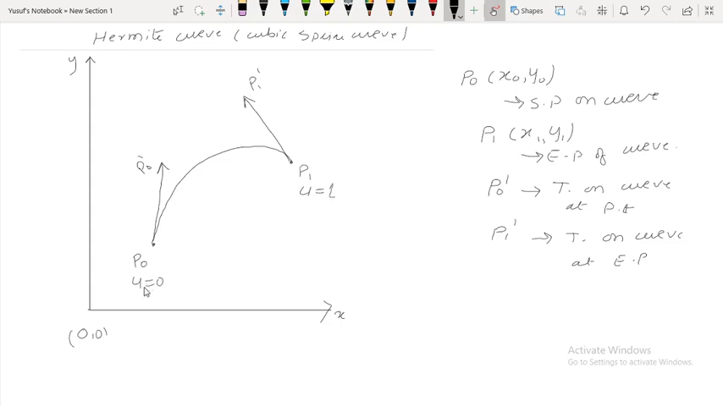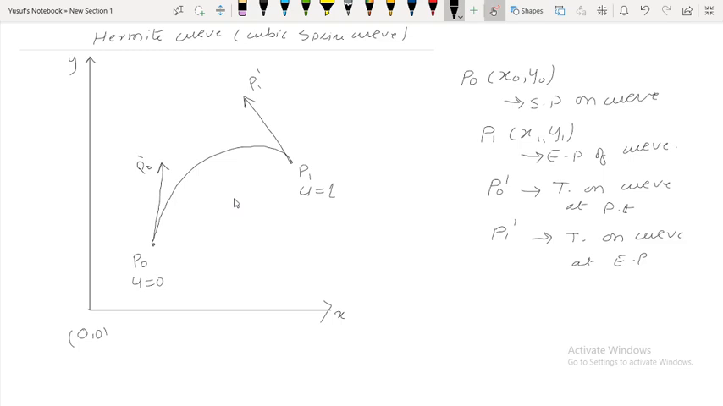U is a parameter which is varying from 0 to 1, and you're supposed to calculate points in between the start point and end point of the curve. So here the parameter u is varying from 0 to 1. Now you have to construct the equation, and you have to write the cubic equation to calculate the points on the curve. Okay, so I'm writing the equation, and you have to use four different boundary conditions to calculate the